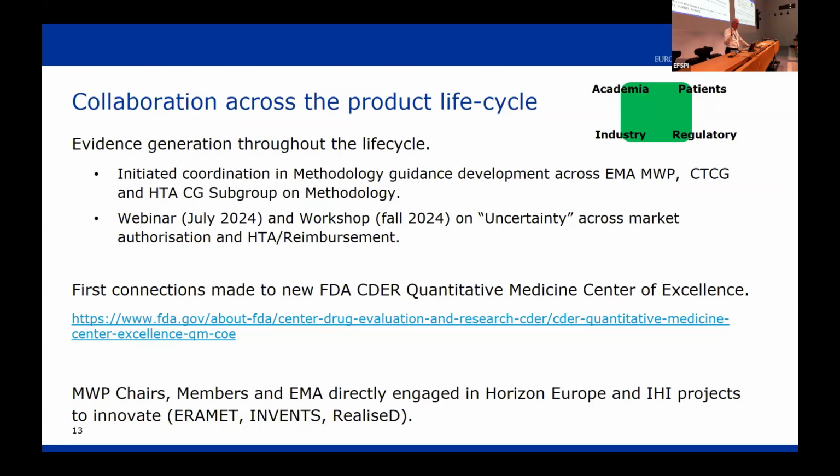One of the things happening this year is a workshop, jointly from an HTA and market authorization perspective, on uncertainty across the entire process. So actually understanding how we deal with the uncertainty at the market authorization decision-making as well as the other part, around concrete case studies. We have an initial webinar to share the initial thinking, and we will have a much more intensive, in-depth workshop on concrete case studies that were perceived as problematic, to increase the understanding across the two decision-making steps, but also improve if we can. So I think lots of good things are happening there.